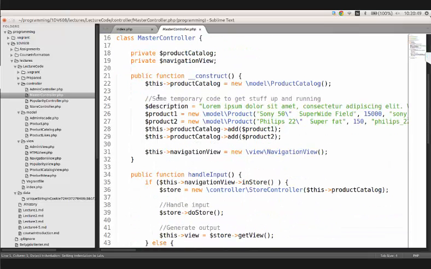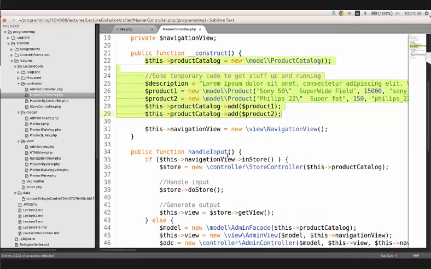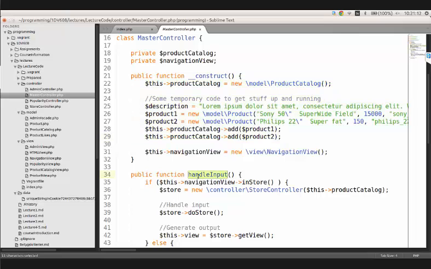So in the constructor, we have this temporary code where we create a product catalog with all the fantastic products. And here is the temporary code that creates a few products and adds them to this product catalog. We also create a navigation view. And we had two methods. The first one was handle input. And the first part of that,